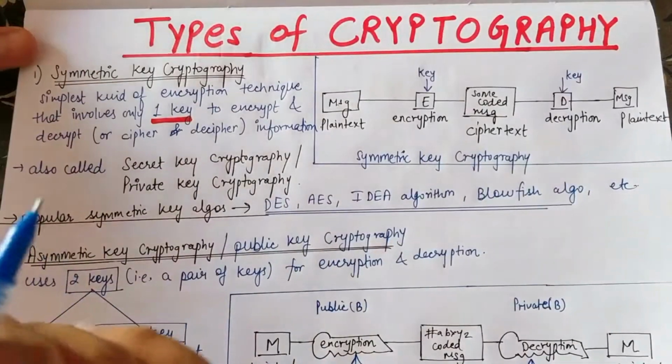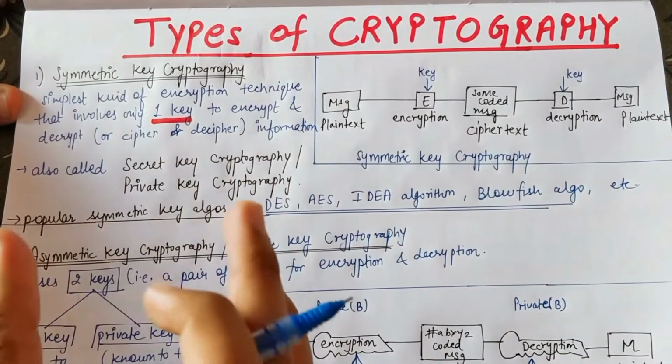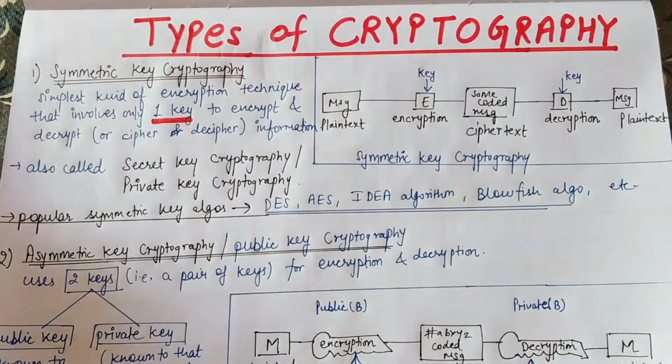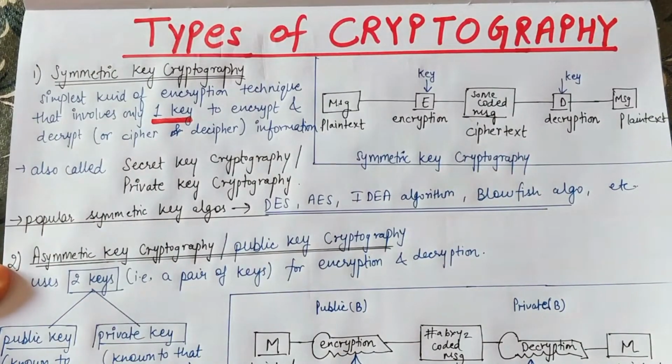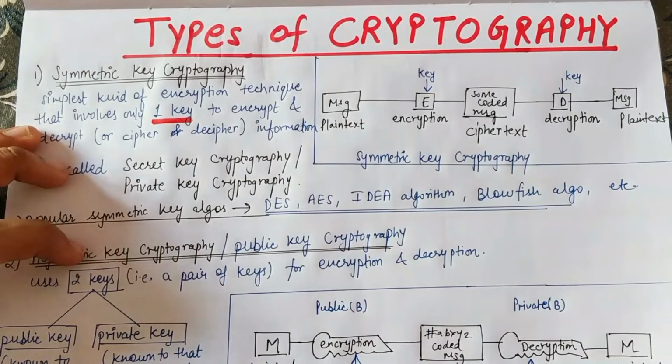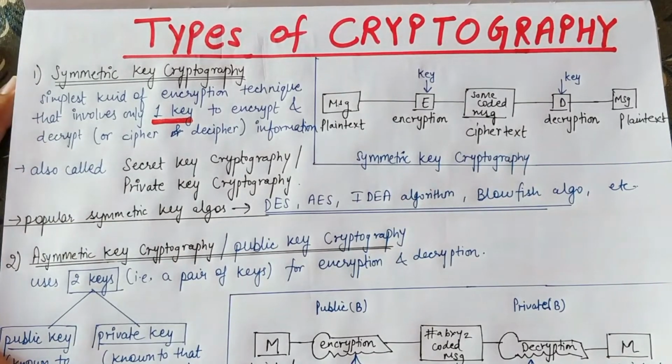Now let's start. So the first type of cryptography technique is basically, majorly we can say there are two types of cryptography techniques. One is symmetric and another is the asymmetric key cryptography, right? But generally we also have a third one that is called hashing. We'll see that also, like a brief introduction of that.